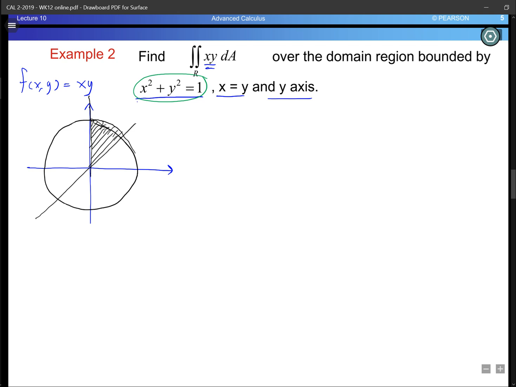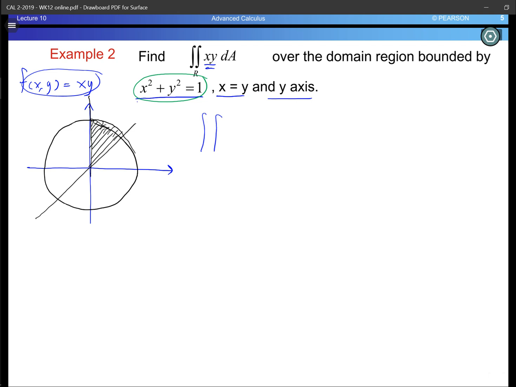Alright, this is 1/8 of the circle. Definitely looks just like a slice of pizza here. And they want to work on this domain region. Okay, and then they give us this function surface f(x,y). So today we are going to use the double integration in polar form because we are looking at a domain region with